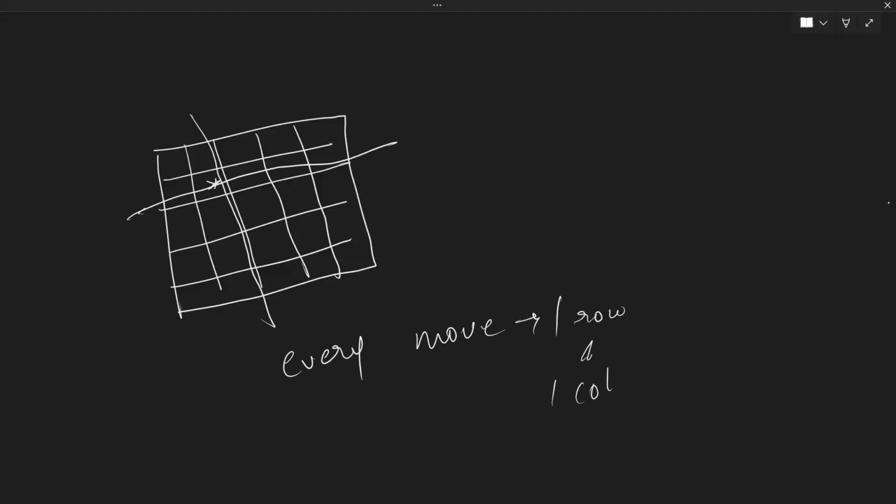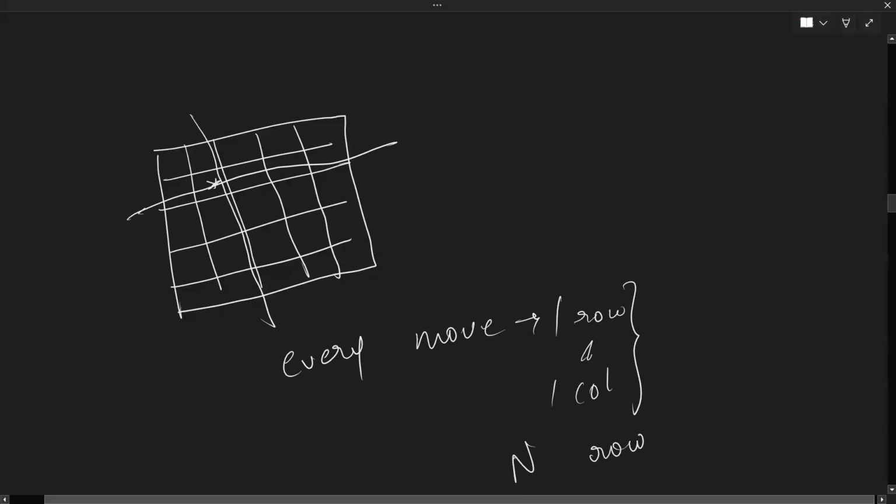Why? Once you place a rook, its row and column are no more valid. And in every move, one row and one column will get disbarred or eliminated, and there are a total of n rows, right? N rows and n columns. So now what we have to do, we just need to see that